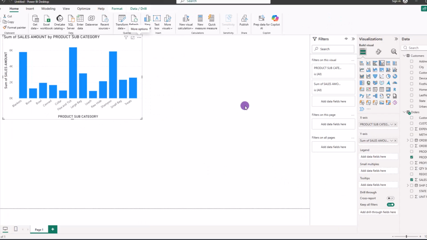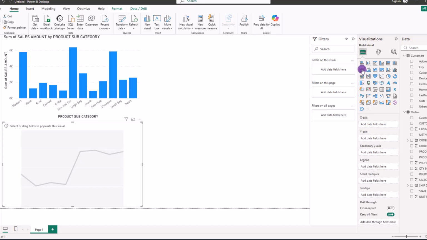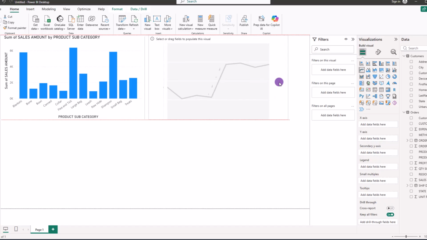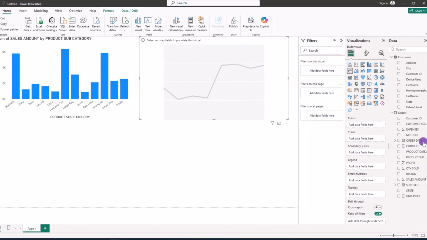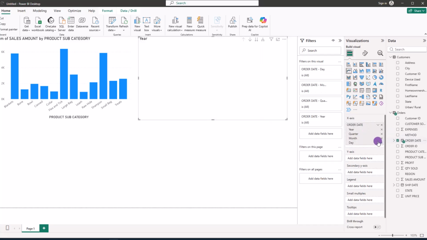All right, for our next visualization, let's create a line graph so we can see our sales over time. Let's start by clicking somewhere on the canvas. Then over here on the right-hand side, click the line chart icon to add it to our design area. And how about we move the chart up here so it's easy to see. Next, let's add our data by first dragging in our order date field to the x-axis,